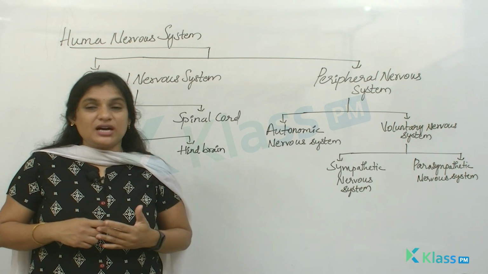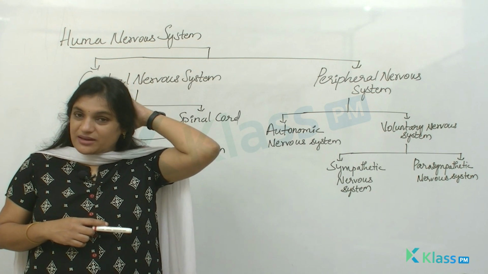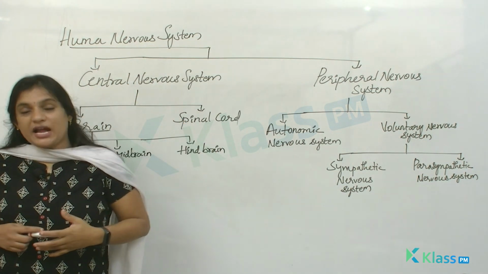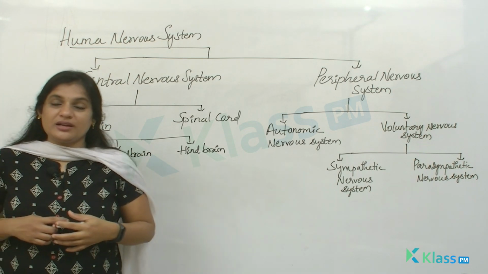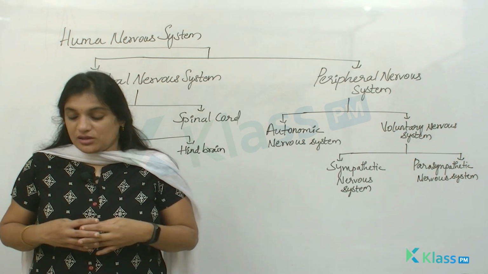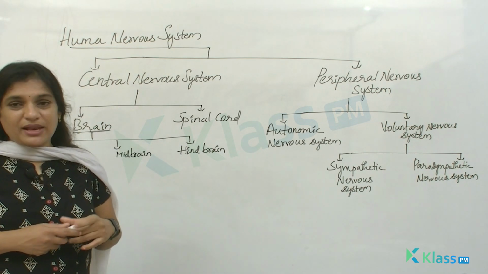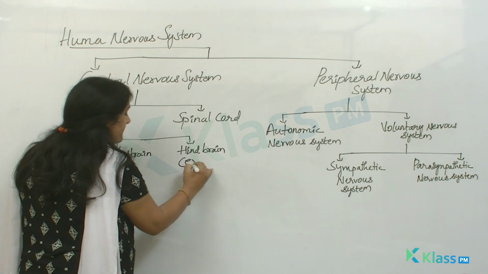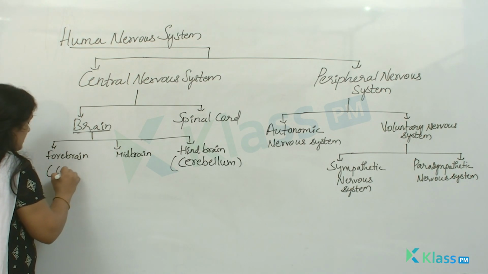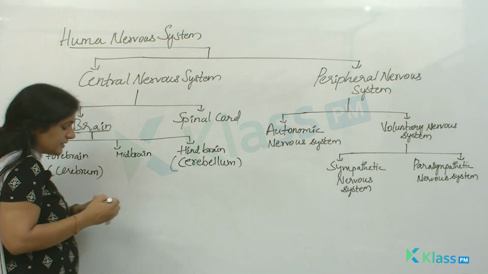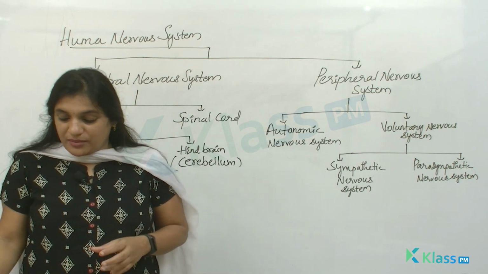The next, coming to the hindbrain. Hindbrain is the back part of the brain, and this hindbrain will run down as spinal cord. You can say that this is also called cerebellum. What is hindbrain called? Cerebellum. Forebrain is called cerebrum. Okay. So the cerebellum which is present will continue down as the spinal cord, and the major function,